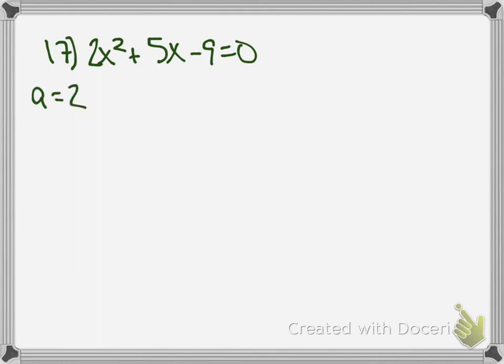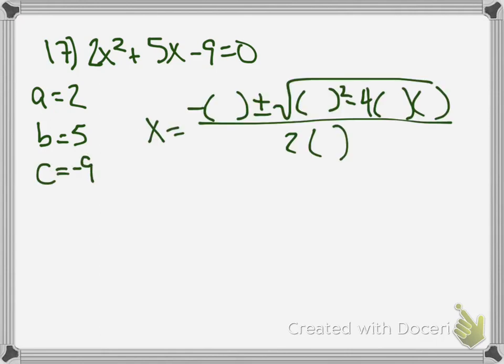Okay, so again, here's number 17. a is equal to 2, b is equal to 5, c is equal to negative 9. And again, I would start plugging in the numbers in here. 5, 5, 2, negative 9, and then 2. So this would give me negative 5 plus or minus